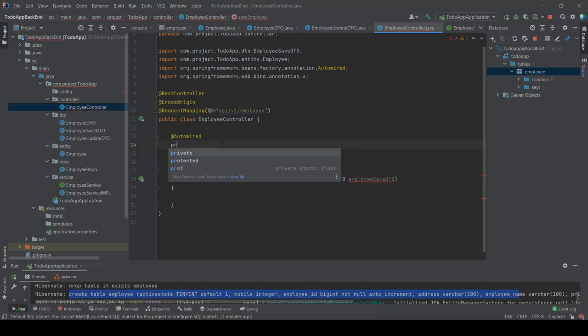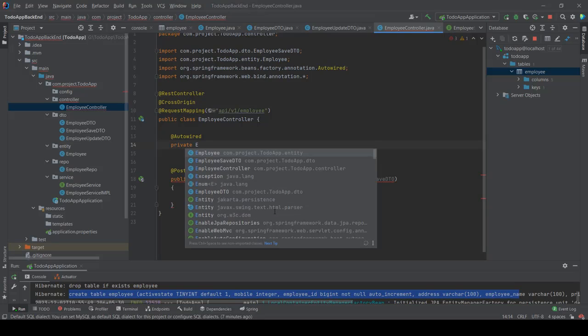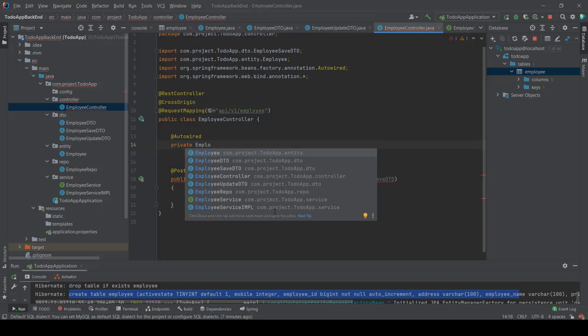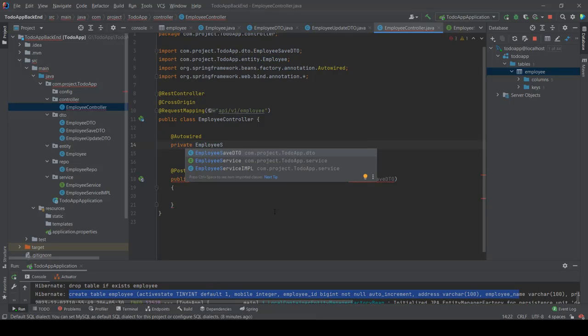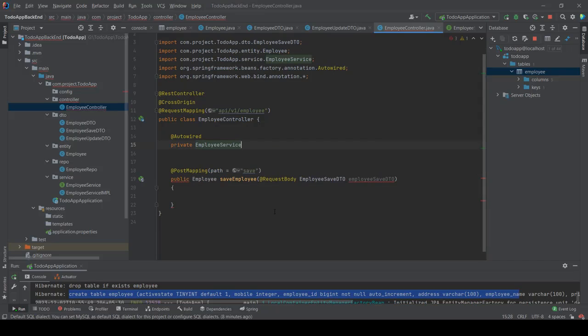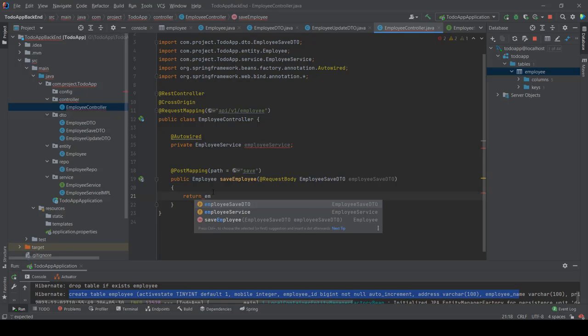You have to write private EmployeeService, and create the object employeeService. That's it. Then return. Simply you have to write like this: employeeService